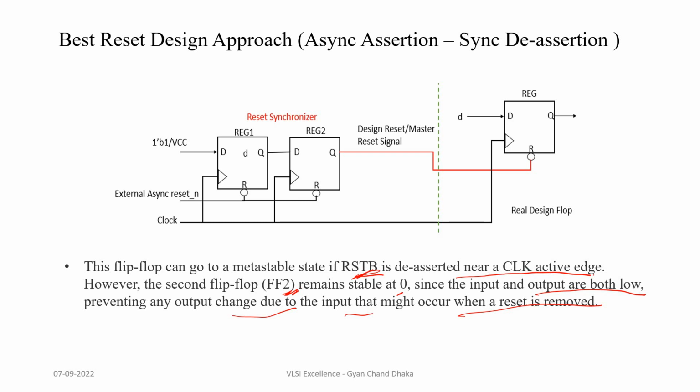So during reset removal, flip-flop 1 can go into a metastable state if the reset de-assertion happens near the active clock edge, but flip-flop 2 can never go into a metastable state. So I hope the asynchronous and synchronous reset design techniques, which is the best one, and how we can avoid metastability during asynchronous reset de-assertion